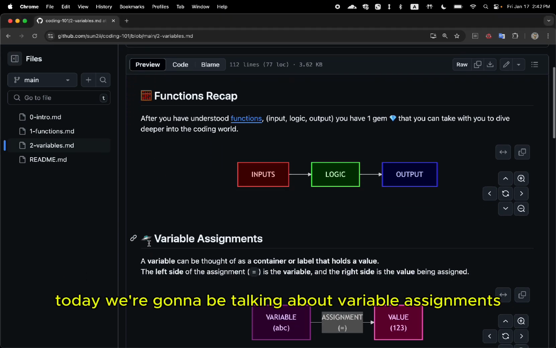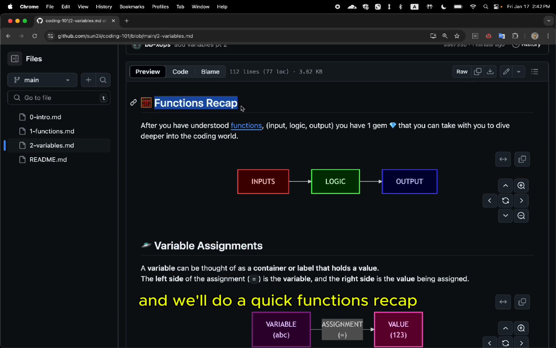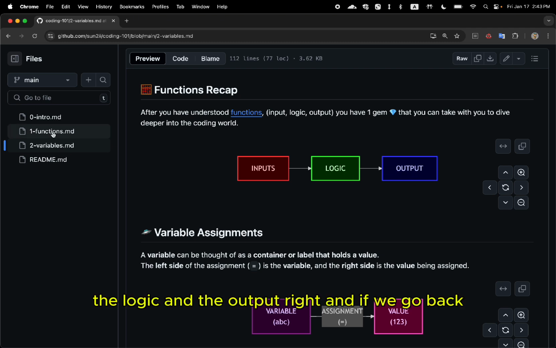Today, we're going to be talking about variable assignments, and we'll do a quick functions recap because everything builds on top of another. After you have understood functions, input, logic, output, you have one gem that you can take with you to dive deeper into the coding world. So, just as a recap, it's inputs, the logic, and the output, right? And if we go back,